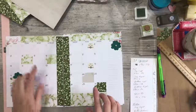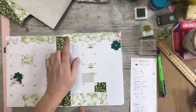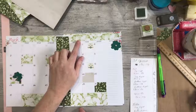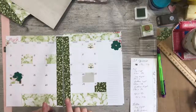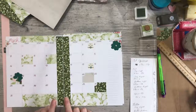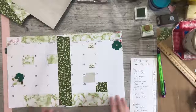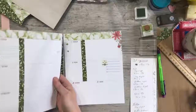So let's see. This one again was 4 1/4 by 3 1/4. And this top piece is always 3/4 of an inch wide. This one is 3 1/4 by 6. The spine pieces are 3/4 inches by 8 1/4. And that will take care of your monthly calendar. Then we'll go over to,